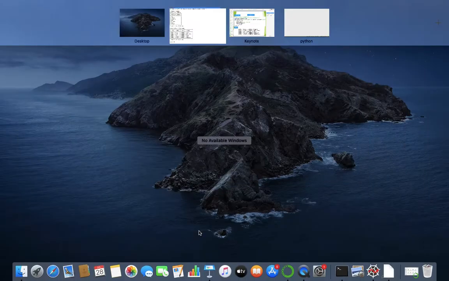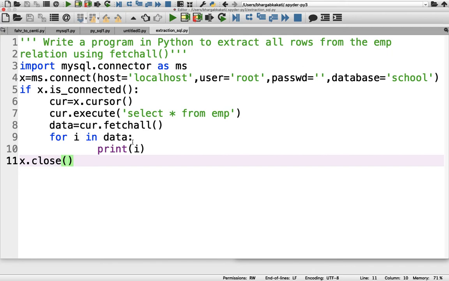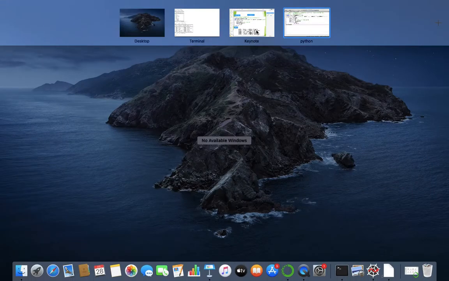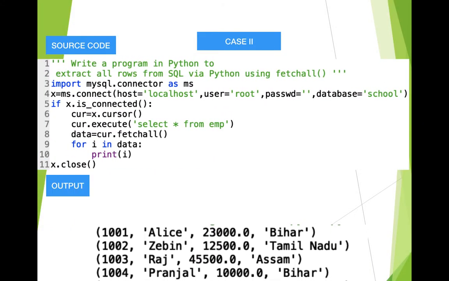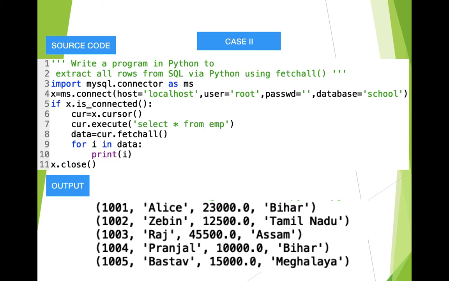Okay. So, in this way we can give this particular for loop and make it a little bit more user friendly, such that the output is displayed in separate lines. Okay, I hope that this particular thing is clear. So here in case 2, what we have done is the same program, just we have displayed the lines one after another using the index of this particular tuple.